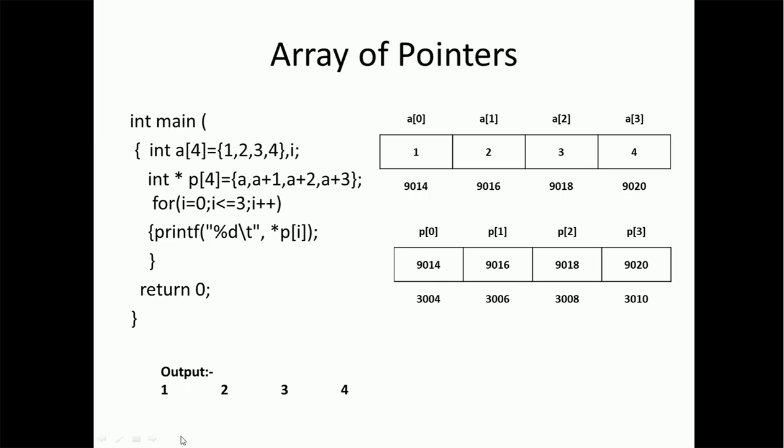This can also be understood through this pictorial representation or this diagram. Here a0, a1, a2, a3 are assigned the values 1, 2, 3, 4. These have different locations, which are given here. This is the representation of the array of pointers, which has been denoted as p. So p0 is holding the address of a0